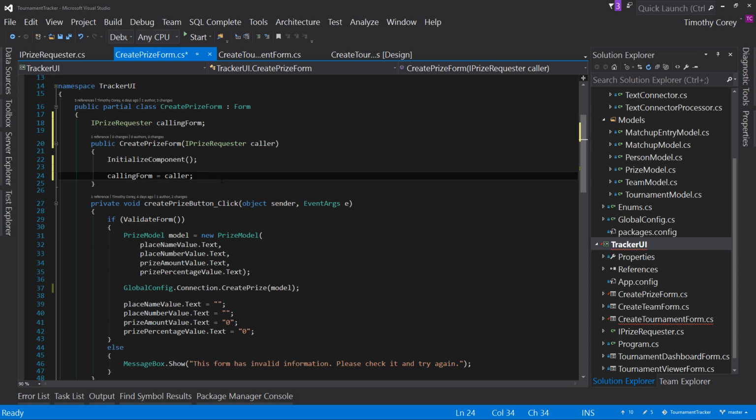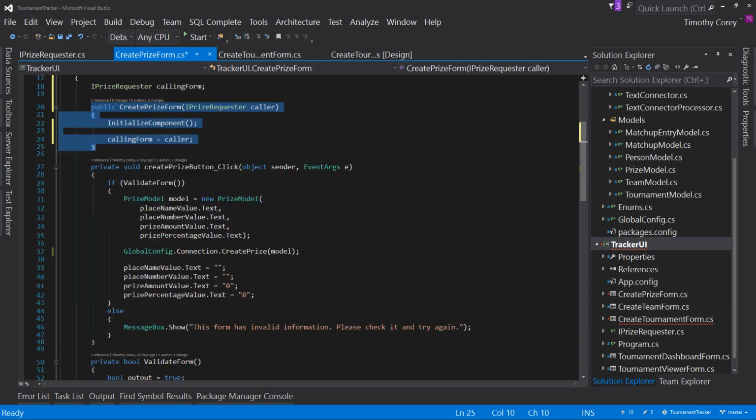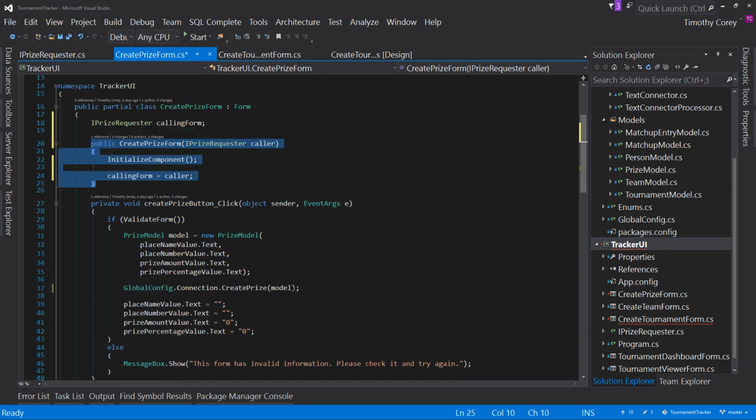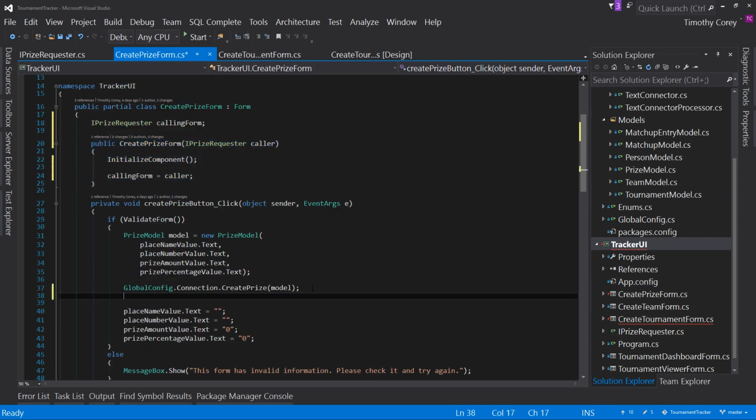And why is this valuable? Well, we need to know this outside of this scope. So right now, caller is only available inside the constructor scope. But now you want to have it available in this create prize button click event. Because what we're going to say